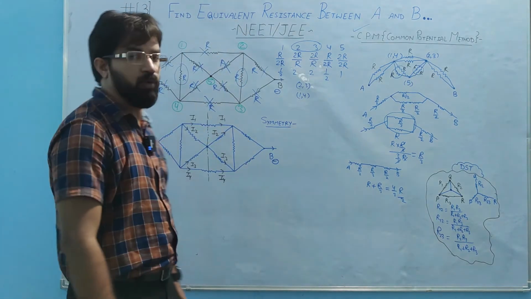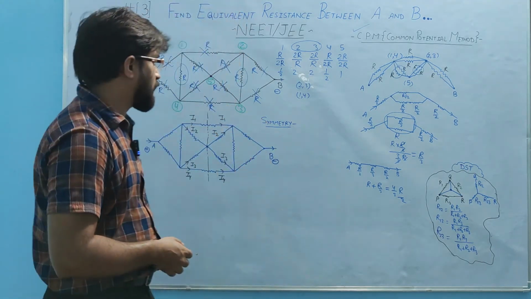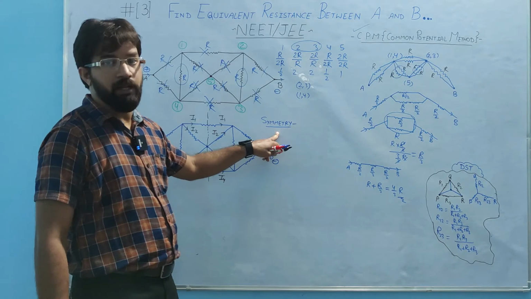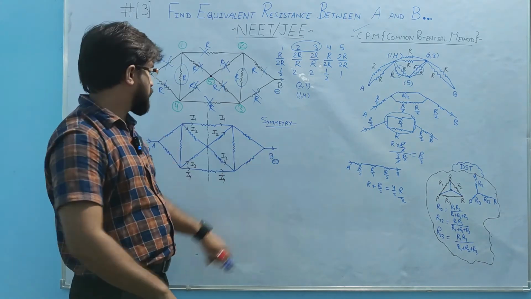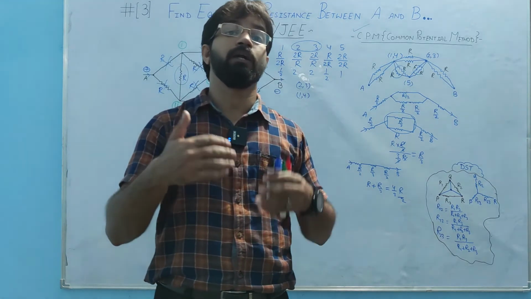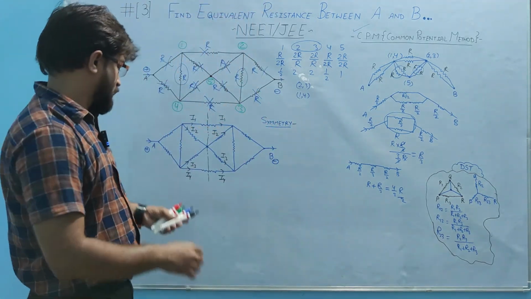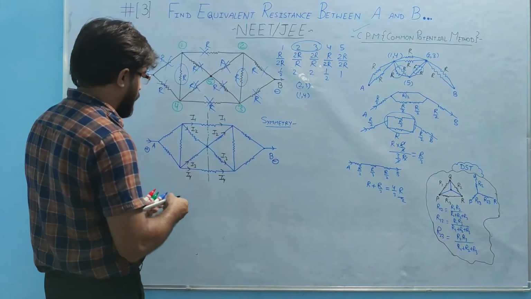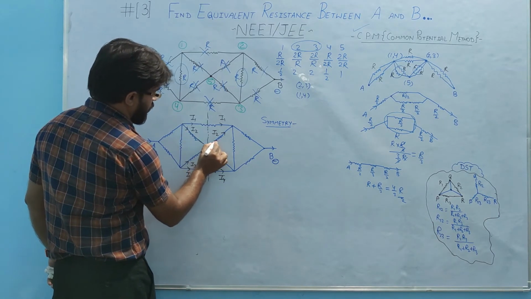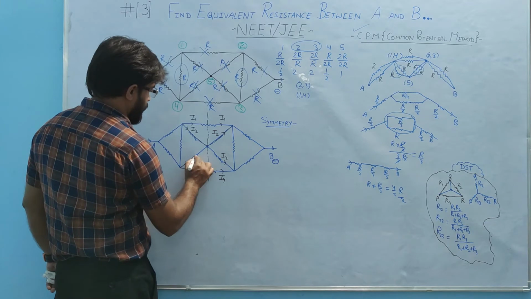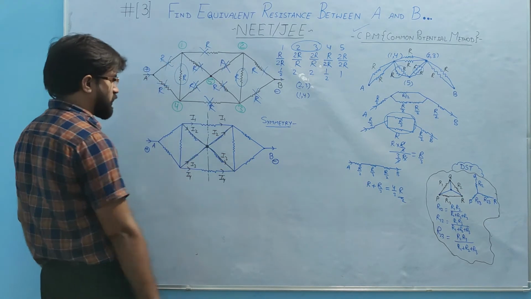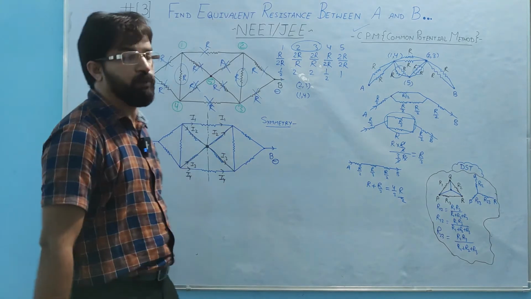Now we are going to use the junction removal method. If we are going with symmetry, we are supposed to apply junction removal in between, and then we are supposed to apply delta star also. All three operations we are going to use. Because the I2 current is moving like this and the I3 current is moving like this, this point which is behaving as a junction is not needed.